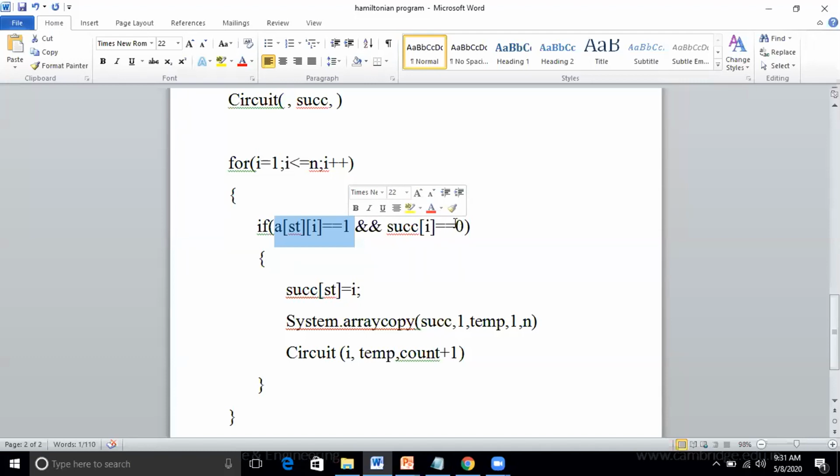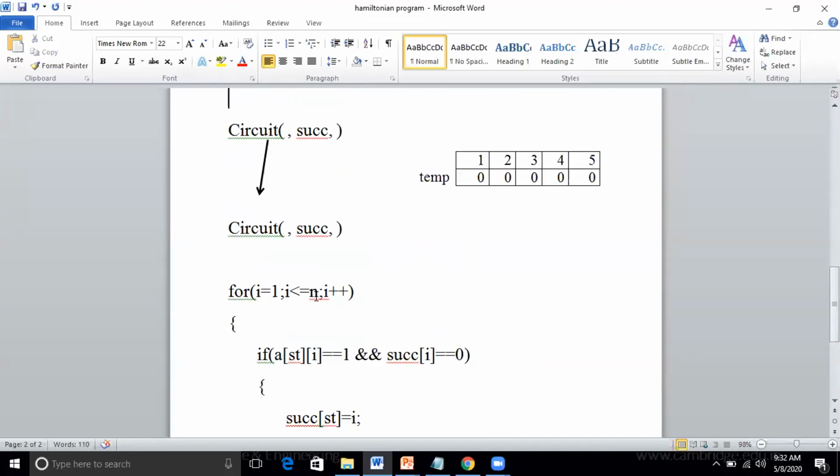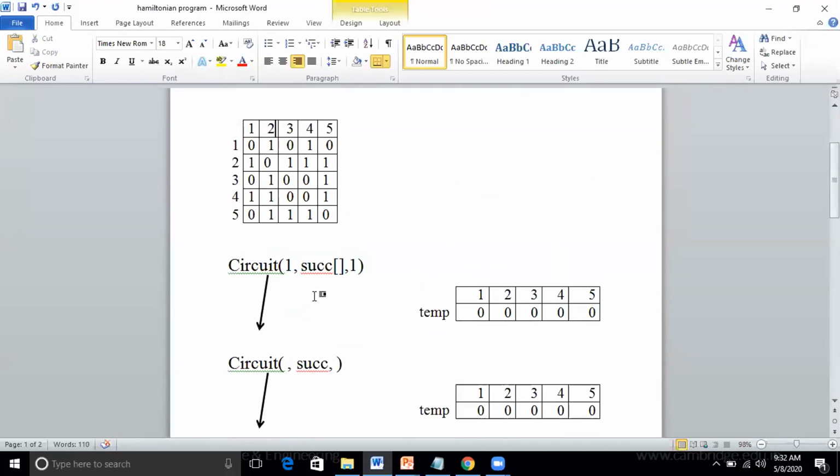Now who is the successor of st? From st I'm going to which node now? 1. So now this will become the successor. If you want, I'll go back to the recursive call. From 1, I will visit which node? The second node, since 1 to 2 is 1.